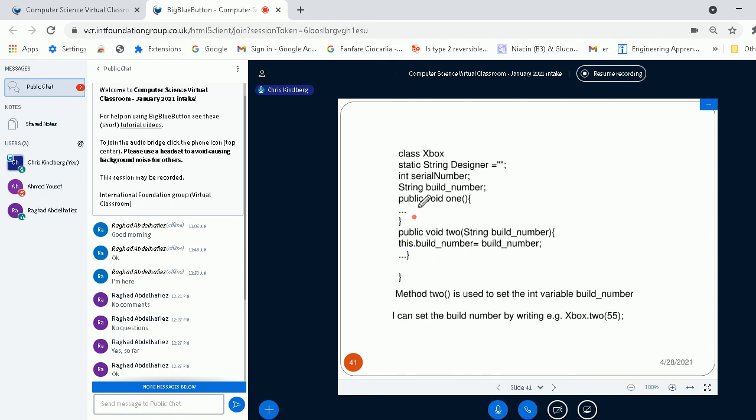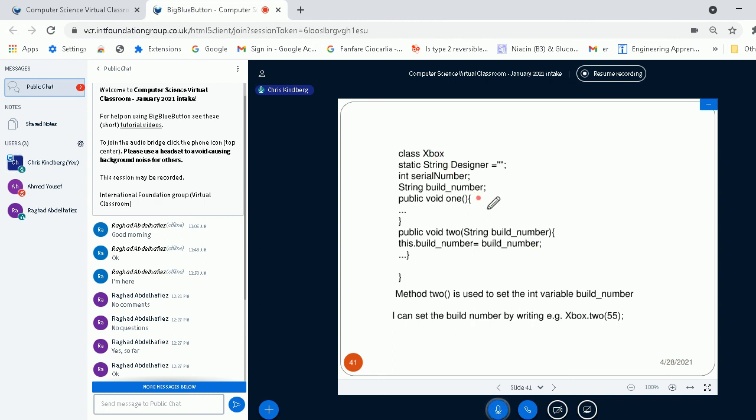So I'm using this to refer to the name of any object created from Xbox, and I'm referring to this particular variable here.